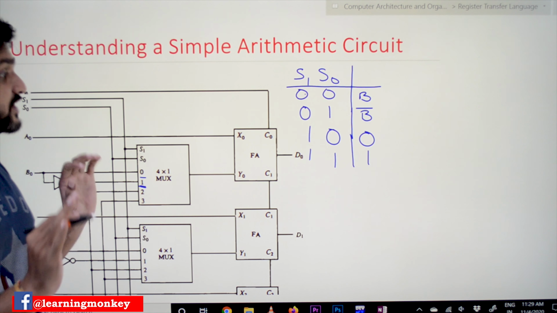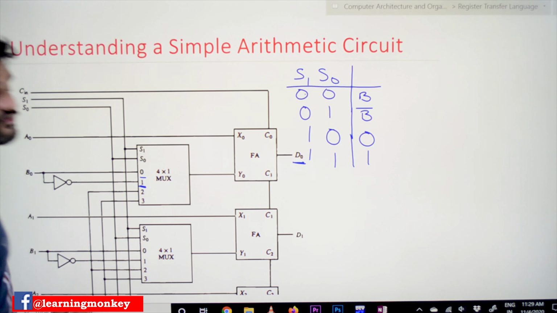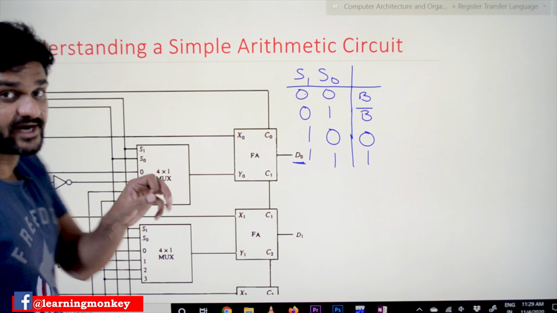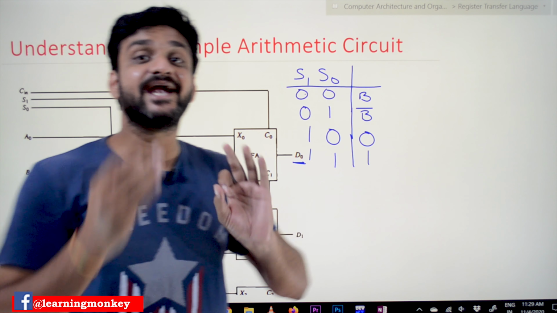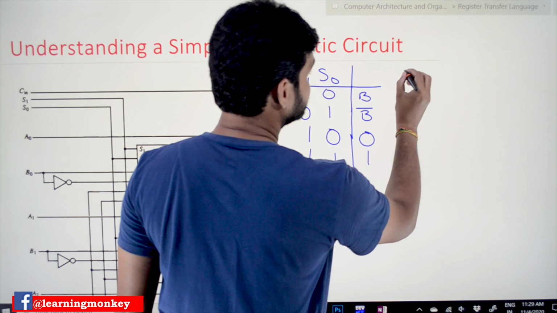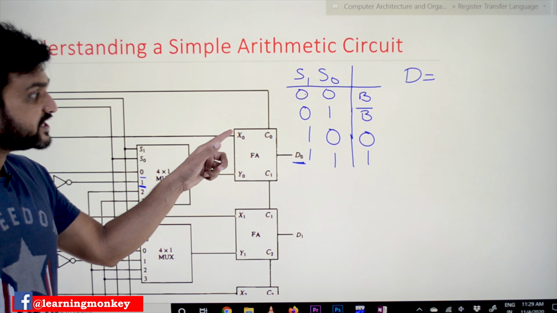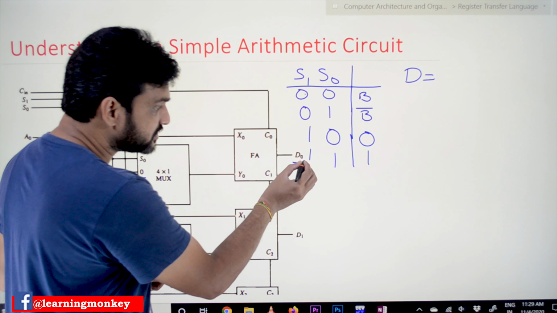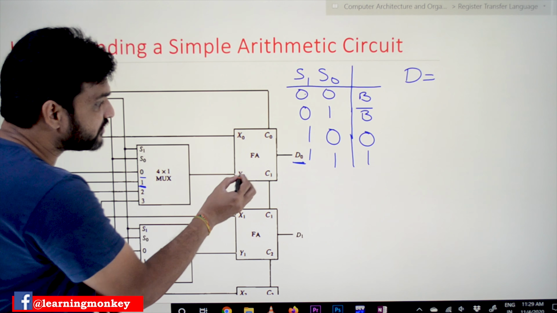Okay, so now how is the value of D generated by each and every full adder? A full adder is capable of adding 3 bits. What are the bits that are added by each and every full adder to generate the value of D? That we will try to understand, and it is very important to understand. So the value of D on the full adder is generated by the sum of X0, Y0 and C0 in order to generate D0. So what are the values that this full adder is going to add? It is going to add X0, Y0 and C0.